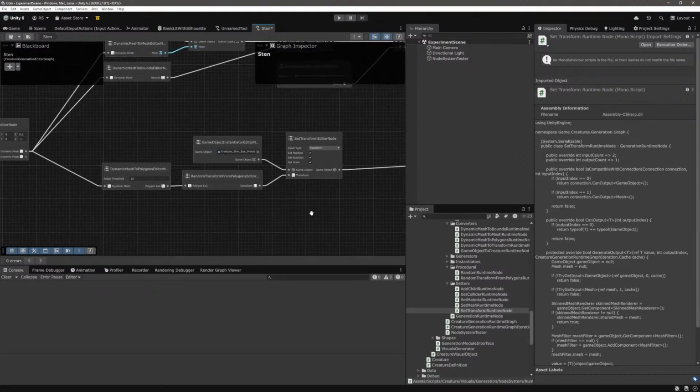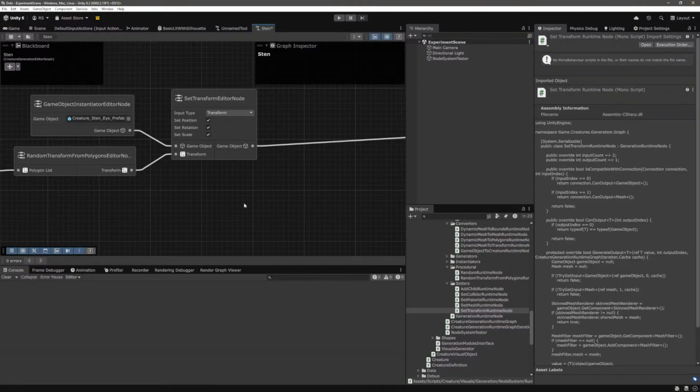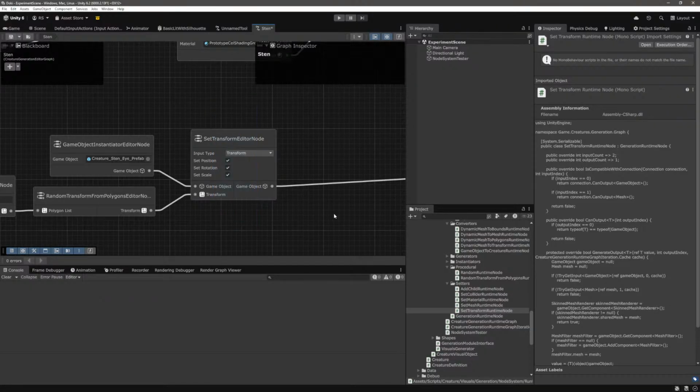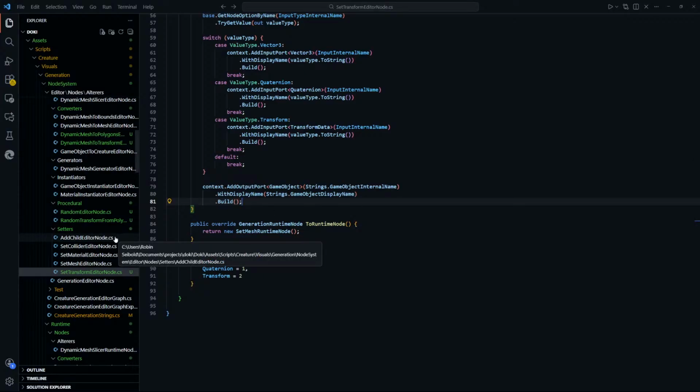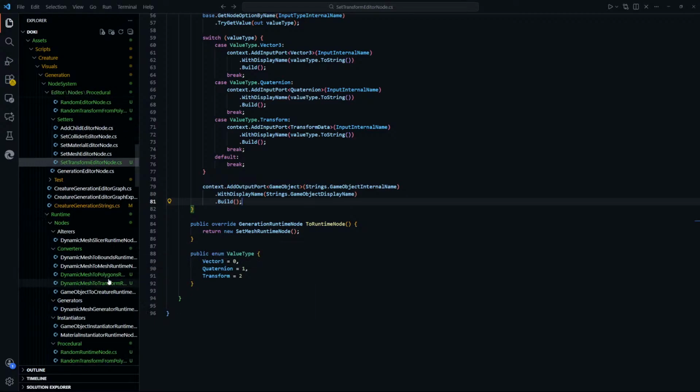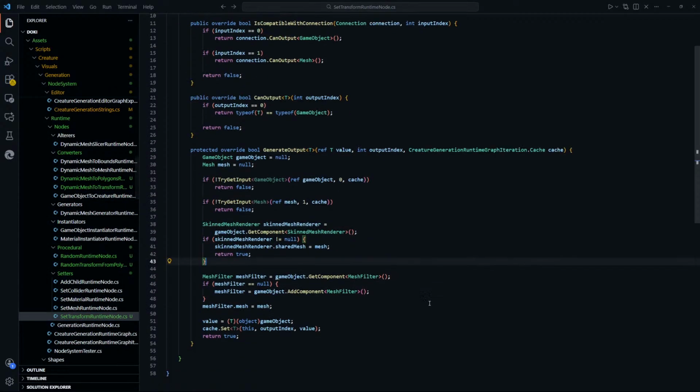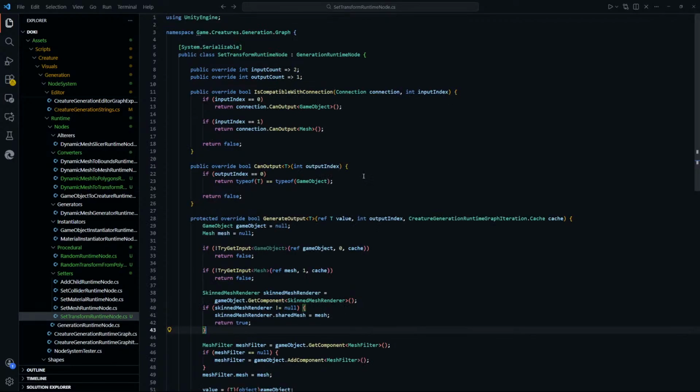The only thing left to do is implementing the runtime of this one. So let's see if we can do that real quick, and then we can try and export it. And if exporting works, we can try and running it. Set transform runtime node, input count 2, output count 1. That's correct. Is compatible with connection. One should be a game object. The other one, however,